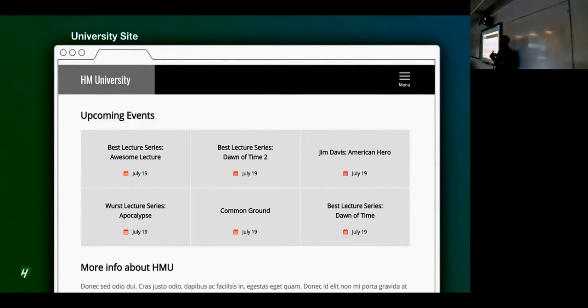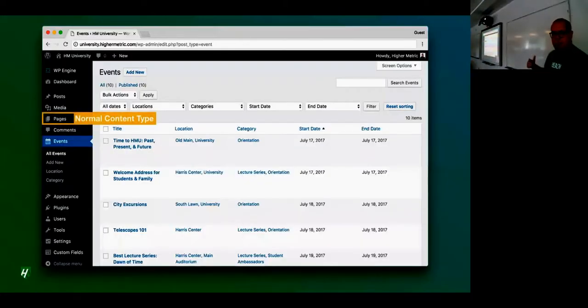At a university, they have specific content like events. And so ideally, the ideal situation would be that you would build their main site, the university site, the .edu, on WordPress. And inside the university site, you would define specific content types. Because you have your normal content types, such as pages and posts, and you can only get so far with that